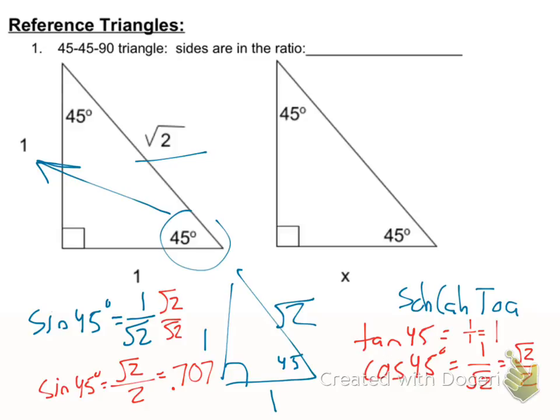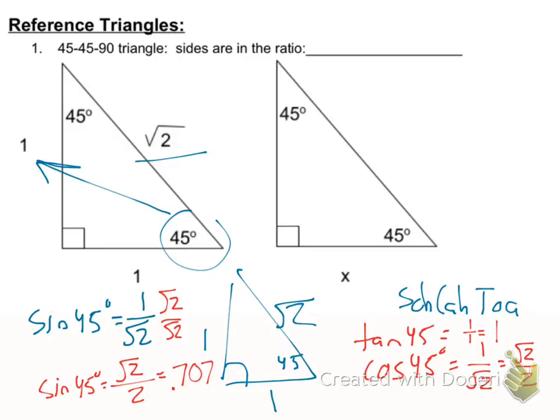Okay, now, the triangle here on the right is the exact same triangle I copied and pasted, but I changed it. I didn't call it 1 on the bottom, I called it X. So what we're actually going to be able to do is that we might be able to manipulate a triangle that we know is a 45, 45, 90 triangle. And we are actually going to be able to find all the sides really easily using the same idea that